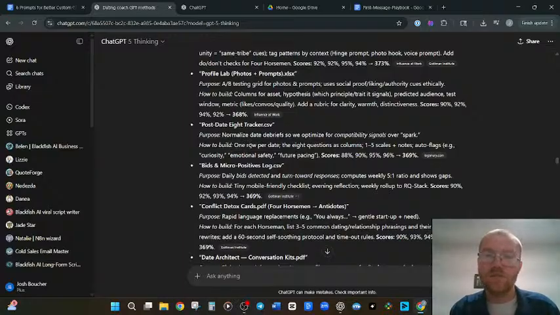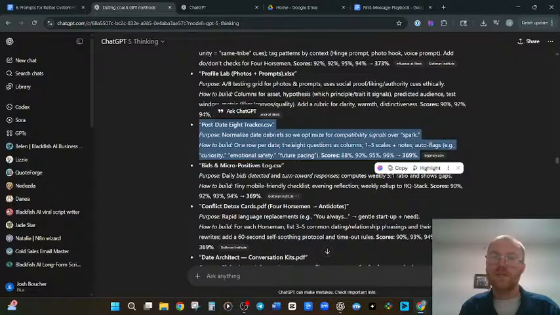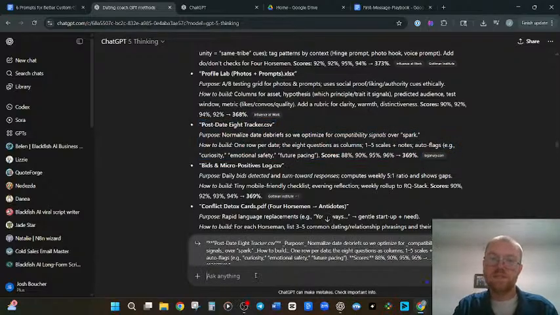How to build one row per date. Questions as columns. Oh, this is another real time thing. Just going to go ahead and ask ChatGPT.